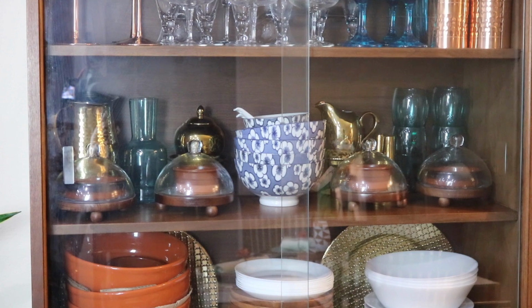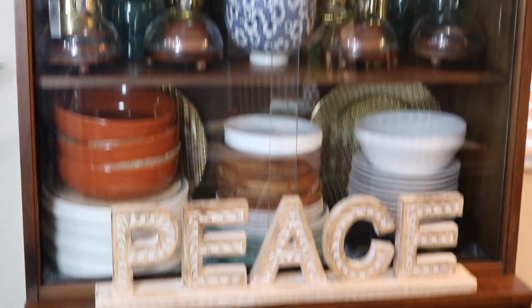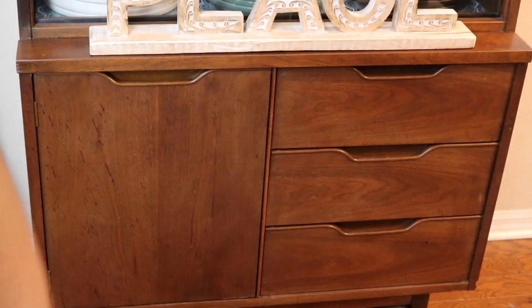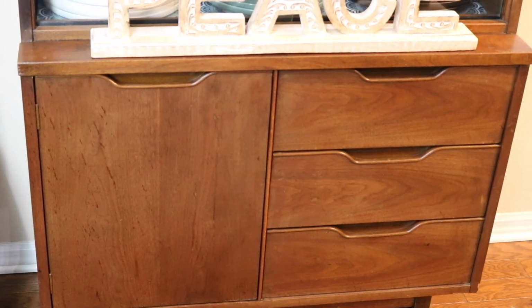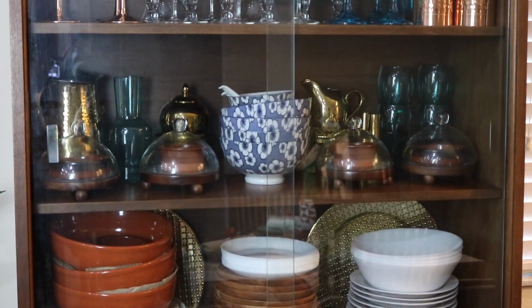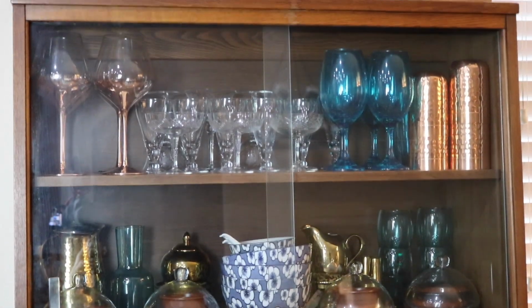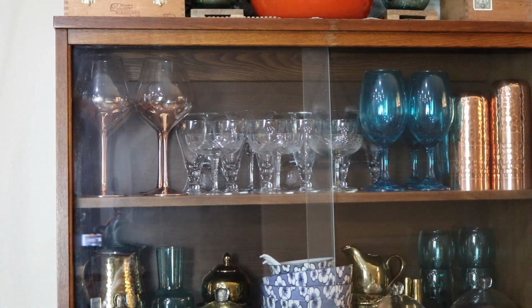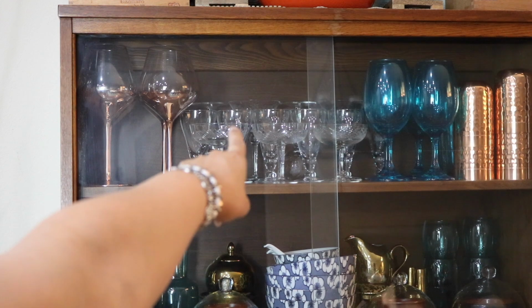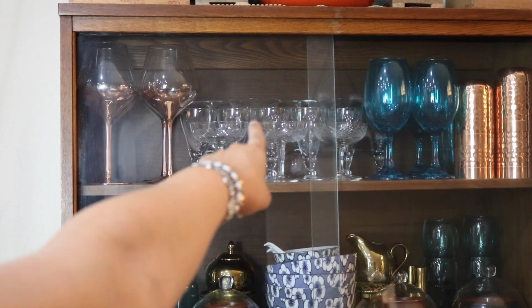Even this hutch I thrifted from a yard sale. It's a beautiful mid-century piece. I absolutely love it. Also, I thrifted some of those cigar boxes just because I like cigar boxes. I like where they come from: Cuba, Dominican Republic, all the different places, Colombia. Absolutely beautiful. All those glasses, well, not all the glasses, but the glasses that I'm pointing to right now, those